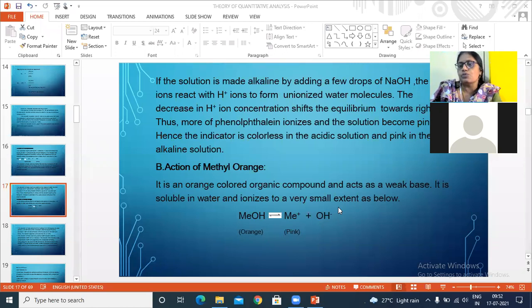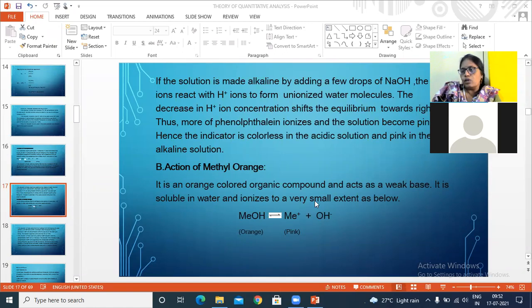But in case of methyl orange, we can expect OH minus ions. But the dissociation or ionization of methyl orange is very small. It won't undergo complete dissociation or complete ionization. But it is ready to generate OH minus ions, so it's a weak base. Base only can generate OH minus ions. So how much OH minus ions are liberated depends on the extent. If it completely undergoes ionization, we can expect the maximum of OH minus ions. If it is partial or a small extent, we get OH minus ions in very small quantity. That is the difference.